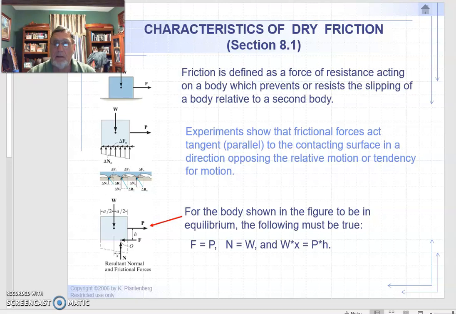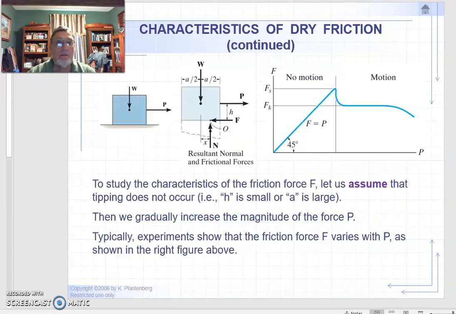friction. But the reality is, and we did this little demo in physics, that if I take a block and I pull on it, then I can pull and nothing will happen. It'll pull back, keep the rope taut, and I can keep increasing how hard I pull until it starts to move. Well, the part where it's not moving we call static friction, and when it begins to move we call that kinetic friction. And for our purposes there's a sharp cutoff here, and the coefficient of friction during motion, kinetic, is constant, and the coefficient of static friction